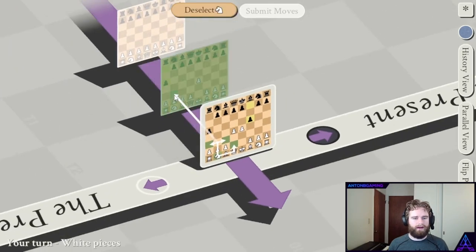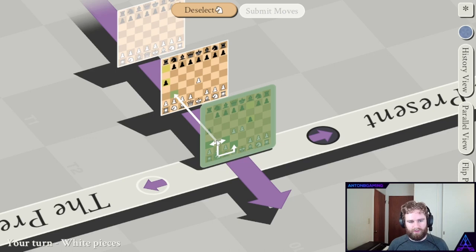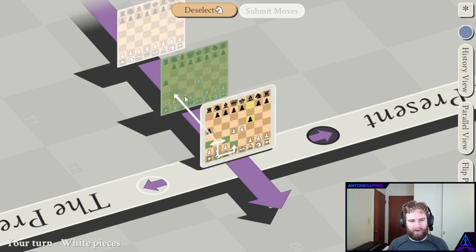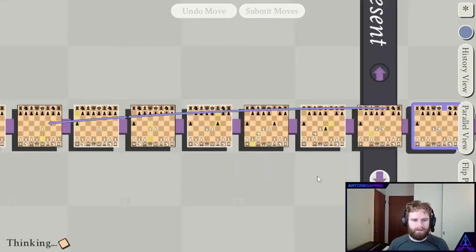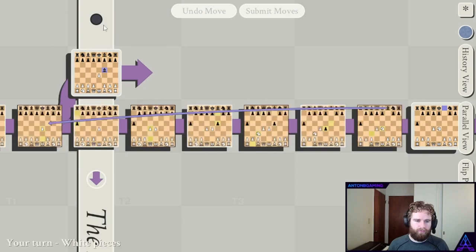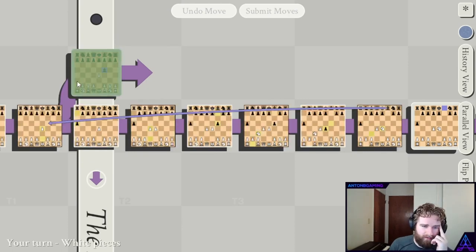Oh my god, a knight. I can move up, so 2 in one direction and then 1 in the other. So I would actually move to this spot because that's a knight's move. An axis is time. What is going on? So the present is now here. This move never happened. So this is the next timeline.